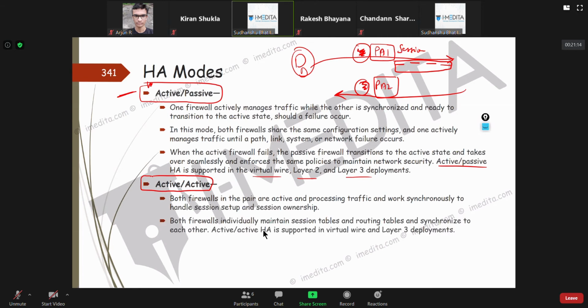In active-active, both firewalls are going to maintain session tables and routing tables, and they'll synchronize this information with each other. Now in active-active, there is support for vWire and layer 3. So layer 2 you cannot use if you are using active-active.